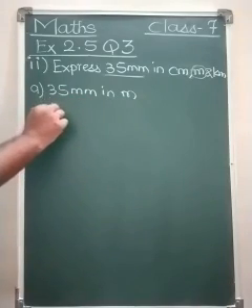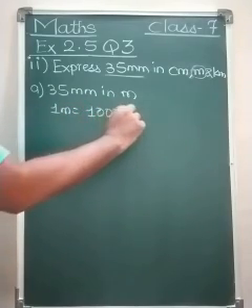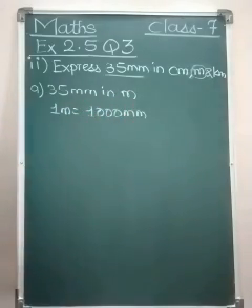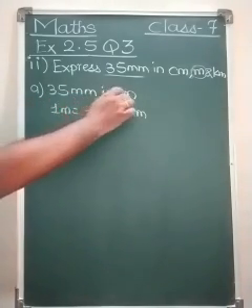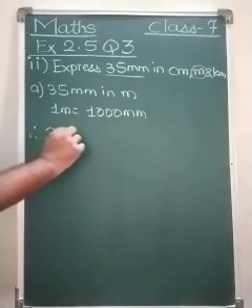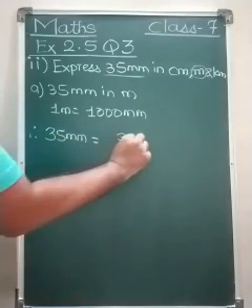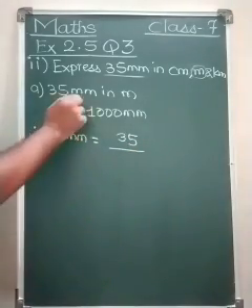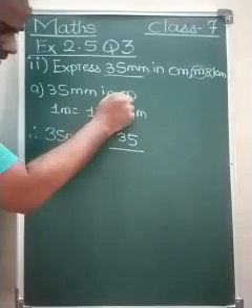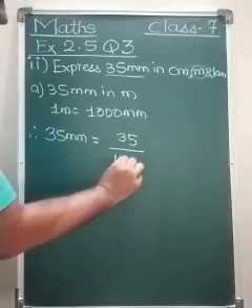Now we know that 1 meter equals 1000 millimeters. Then now convert 35 millimeters into meters first. Therefore, 35 millimeters equals 35 upon, again millimeters to meters, small to big, so divide, so division sign, divided by this figure 1000